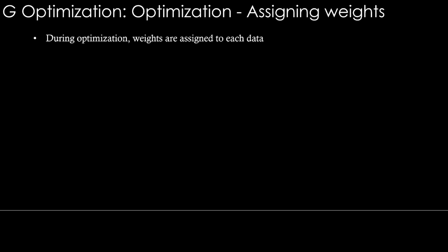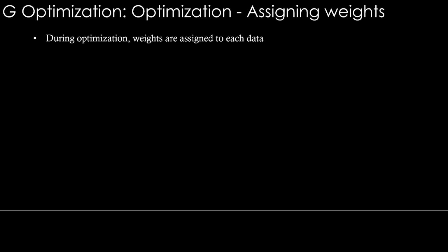Then during the optimization procedure, there is something called assigning weights to this input data. So what happens is, once you bring some input data and bring some models, we will not actually take all the input data at one go and all the models in one go and try to fit. We will take them step by step. So if you take one set of input data and one set of model parameters and try to fit them, that time we have to assign some weightages to this input data. The ones that we are taking, we can assign some weightage to that. For the others, we can assign the weight as 0.